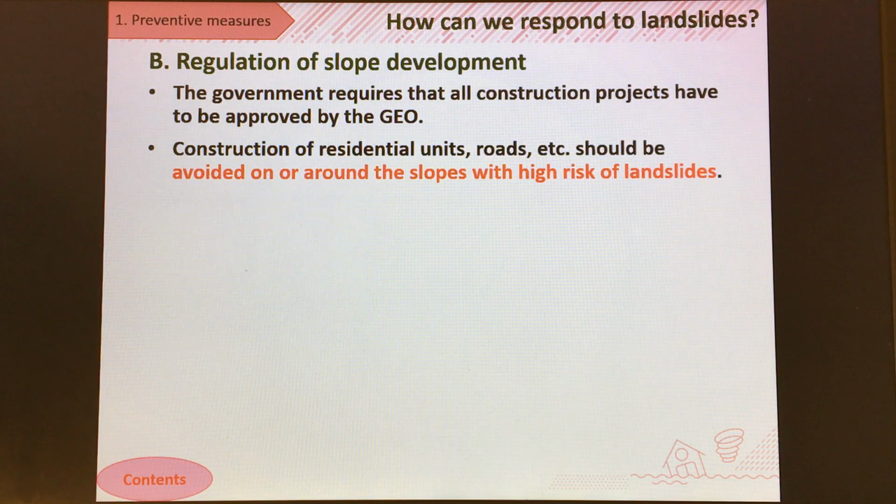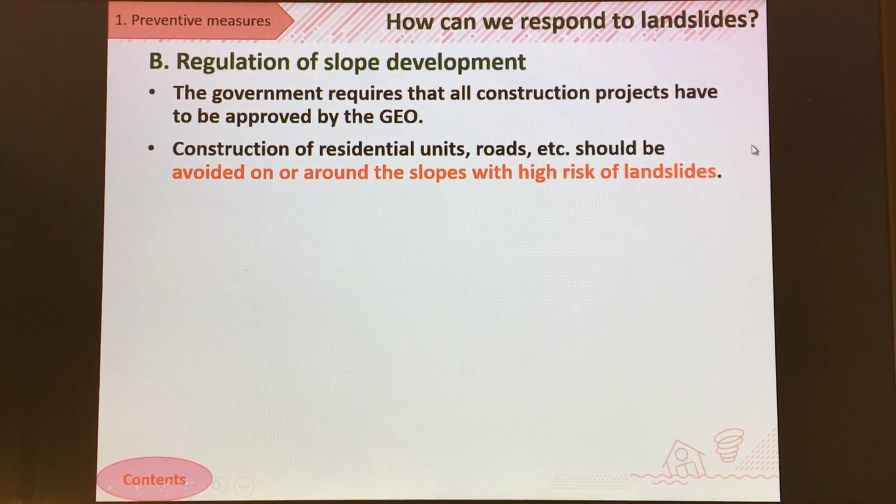And then for the next one, we also need to have the regulation of slope development, since there are many natural slopes and man-made slopes in Hong Kong. If we put too many developments on the slope, it will increase the weight of the slope, or it is too dangerous for some of the surfaces or the buildings on the slope, so the government will require all construction projects